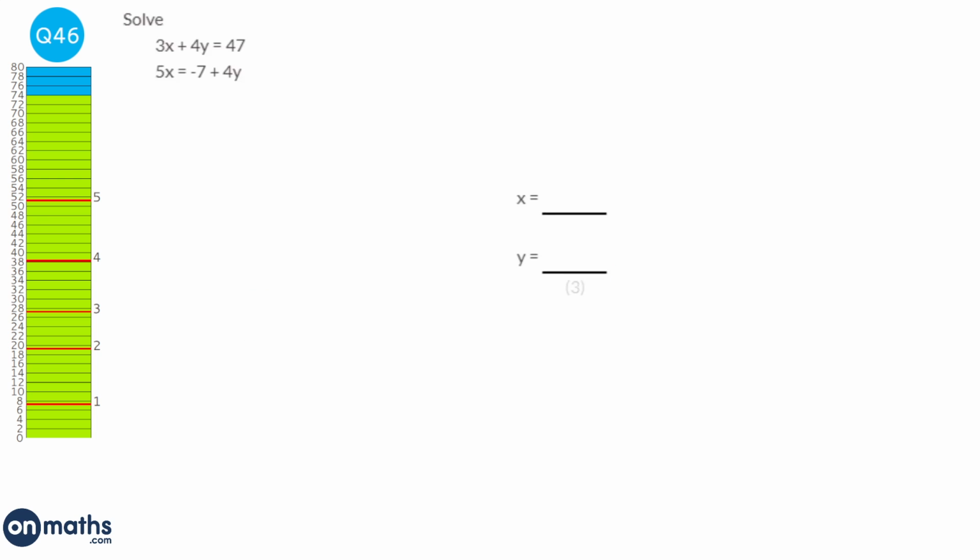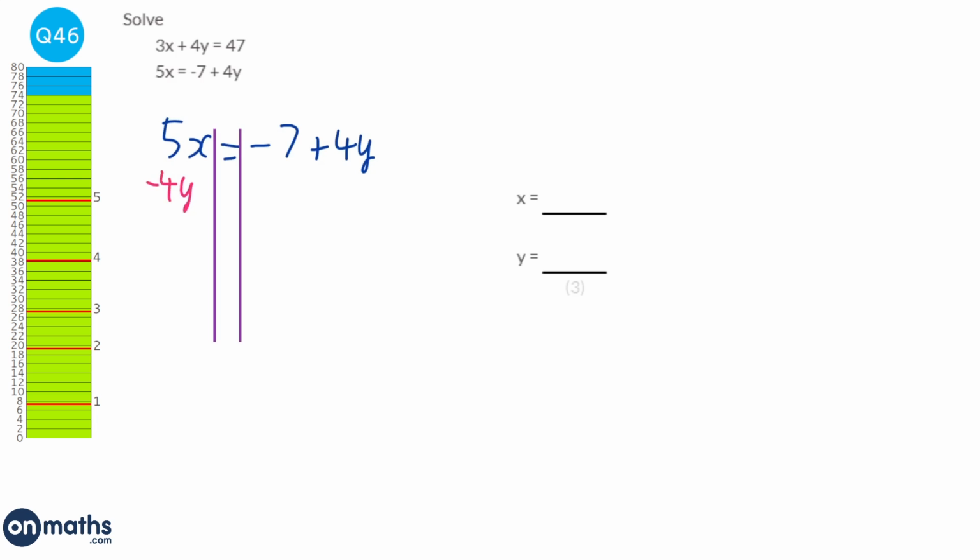So the first thing I notice is the second equation isn't really in the normal format for doing simultaneous equations. So I'm just going to rearrange it so that we have it where we want it to be. And I'm just going to put my lines in so I can rearrange. So the first thing I want is I want the x's and y's on the same side. In fact, actually all I need to do is take away 4y from both sides, and we get 5x minus